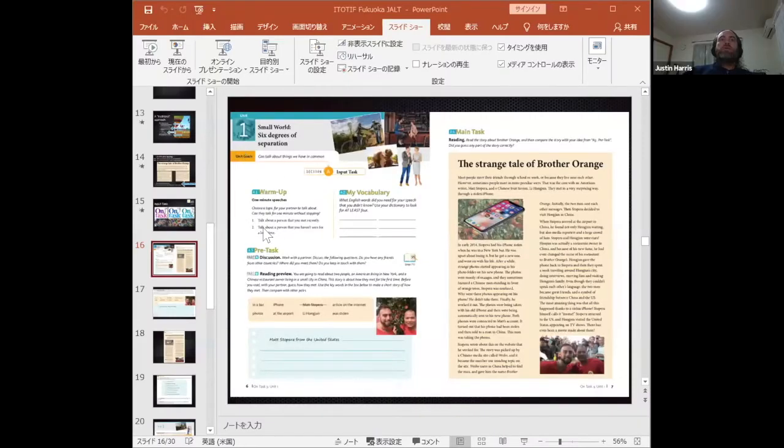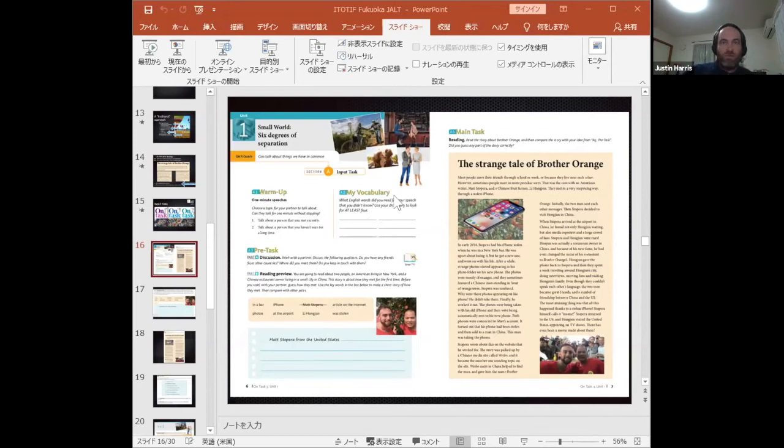Okay, right. So with the 1 minute speech, it's a bit small here, but basically I've found that, for example, this is a level 3 book, so it's a bit higher level. The level 1 would be a lot easier. But for example, talk about a person that you met recently. Like I met my friend, and et cetera. Initially it is a little bit hard. But once they've done it a few times, they start getting a bit more smooth at it and wanting to try a bit more.